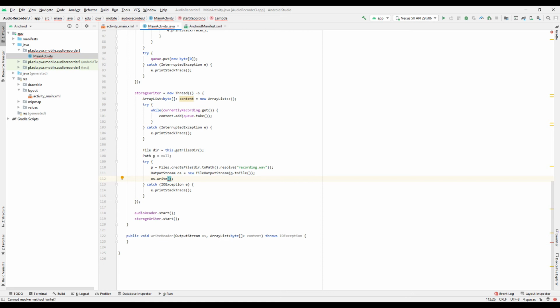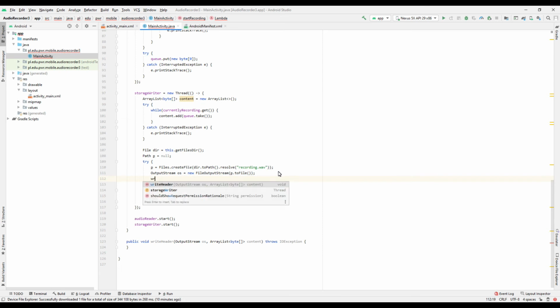It has quite a specific format, and I've saved it somewhere else so that I don't have to repeat it every time I have to write something. So I'm just gonna write header, and I have a specification here. It takes an output stream and content. Our output stream is os, and content is content, obviously. Now I'm just gonna copy the whole header into this function,